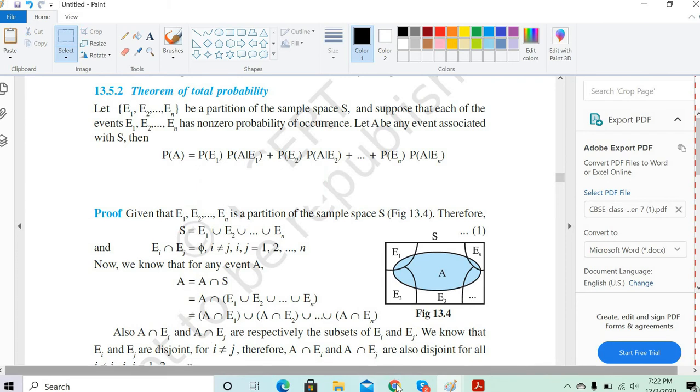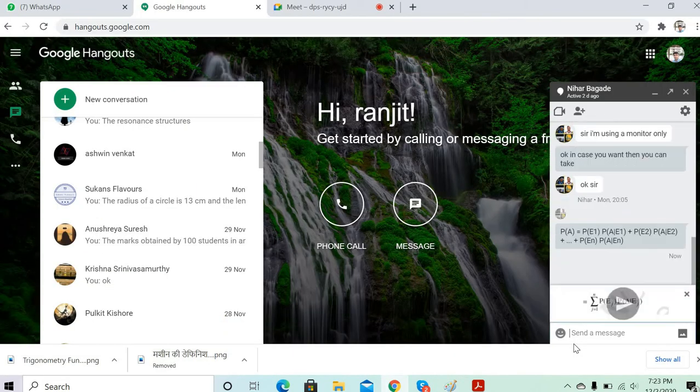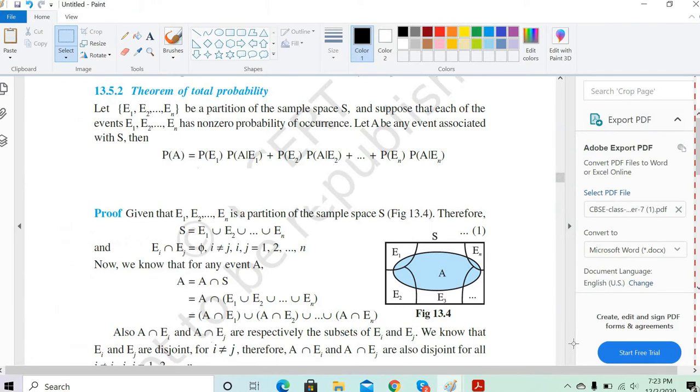Total probability of A will be given as, just write on this part. Independent events is when P of A into P of B is equal to P of A intersection B. Yes, correct. Yes, you are right. I had done the exercise the other day. So I was just asking if what I did was right. Yeah, you did right. That's correct. I'll just tell you what exactly is happening now here. Now you got it correct. Everything is right. What you did is perfectly right.